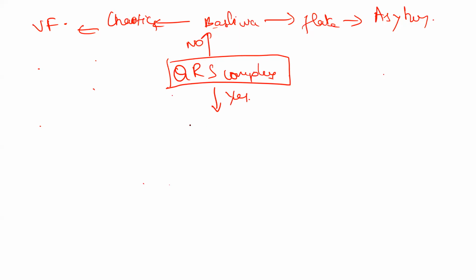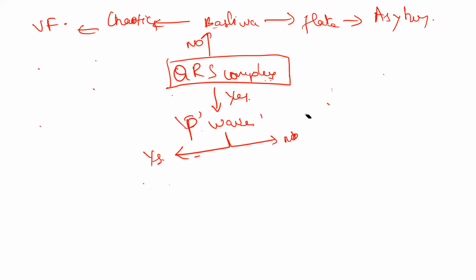Okay, you got a QRS complex. Next, check if there is a P wave. P wave present or not. Yes on this side, no on this side. So here there is a P wave, QRS complex is present, and P wave no on one side, yes on the other side. So we'll go on to the side which is no.